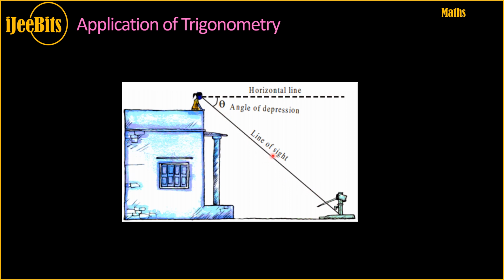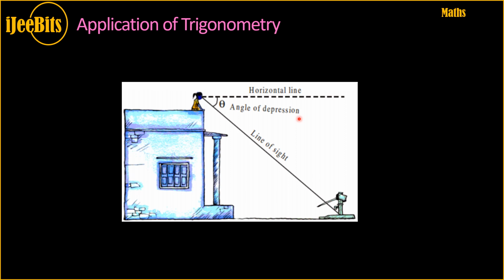Your line of sight is downward. If you draw a horizontal line as a reference line, then the separation between the horizontal line and the line of sight is the angle of depression. Angle of depression,